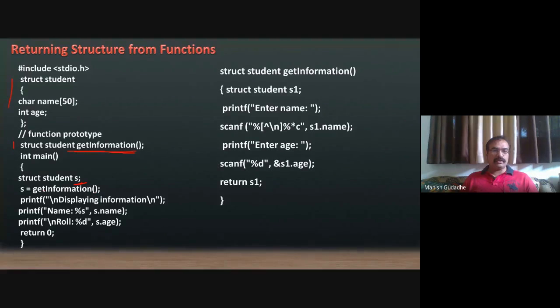So as soon as this function is called, the cursor will go here. Here a variable of type structure student is defined, that is s1. Here student is global, that's why I can use it here as well as I can use it in the main. So s1 is created.